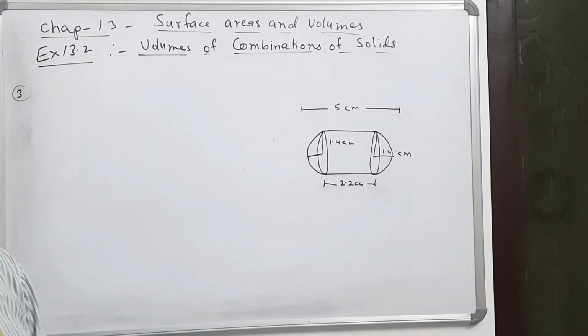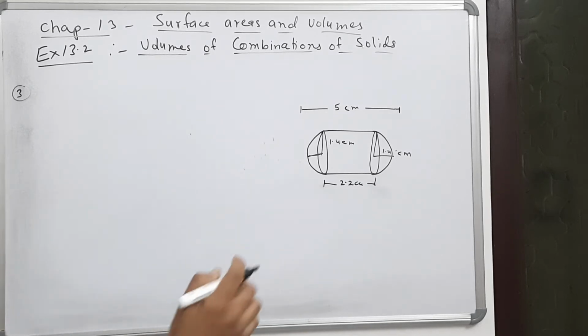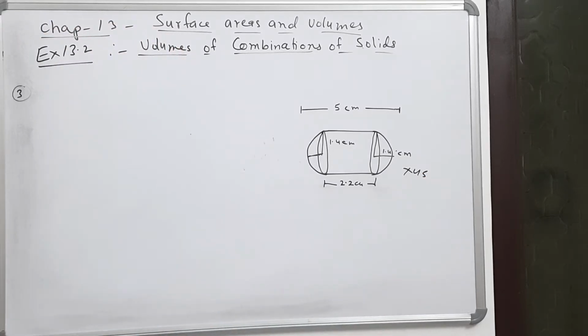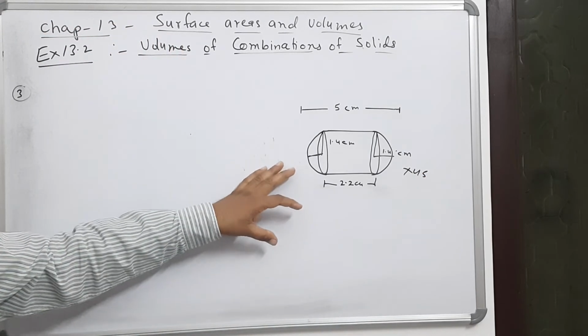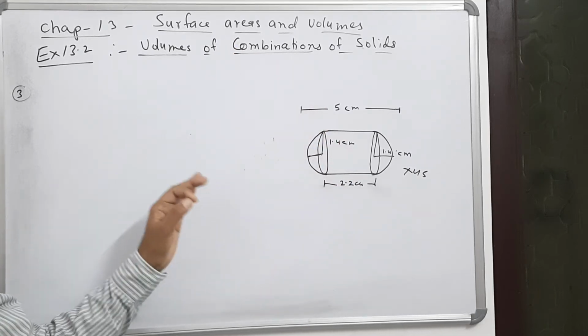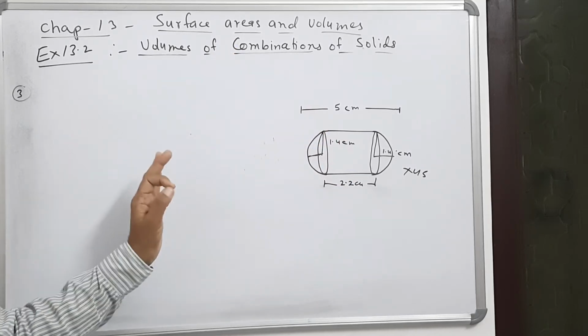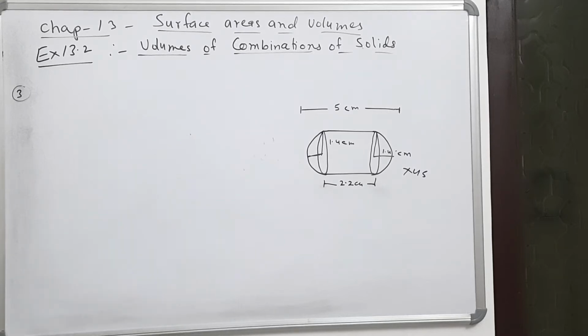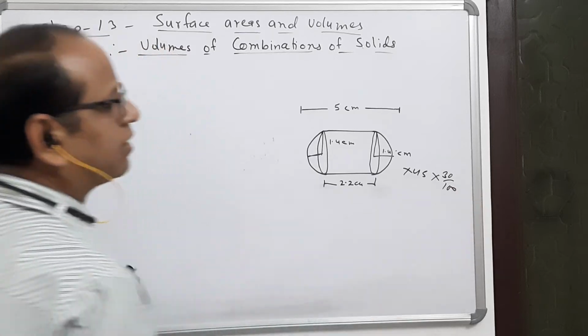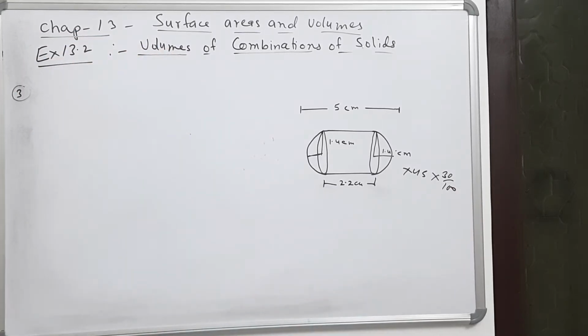Now we have to find the volume of this one gulab jamun, and there are a total of 45 gulab jamuns. So we have to multiply it by 45. In this problem, the gulab jamun contains 30% sugar syrup, that is chasni, 30%. So we will multiply this by 30 upon 100. That will be our final answer.